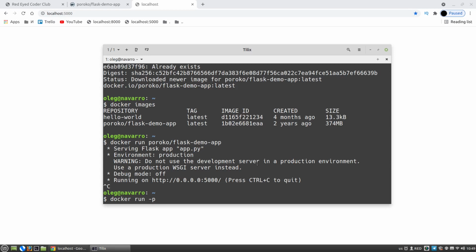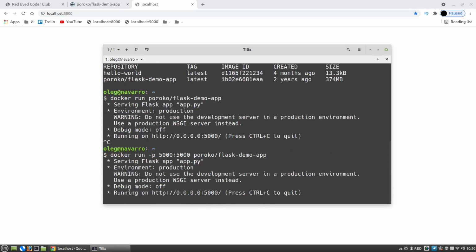And then I'm specifying the port numbers. 5000 colon, and the first port number before the colon is the port on your host machine, on your local machine, and the second port number is the port number inside the Docker container. And let's specify the name of the container. Let's try it now. And we can see the Hello World message.